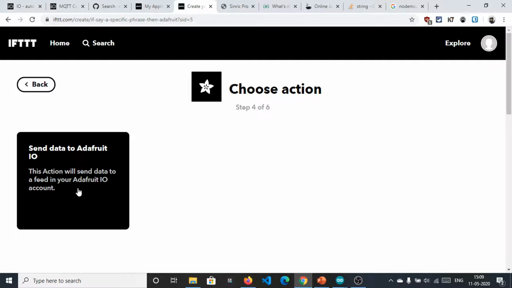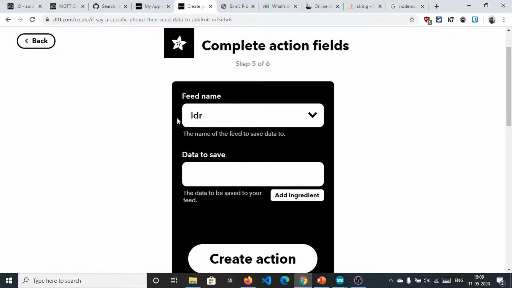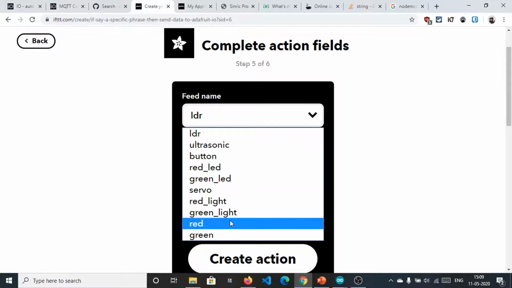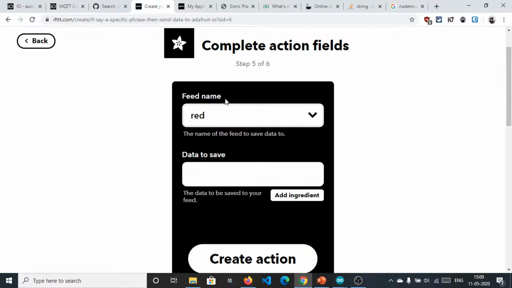And you need to click on send data to Adafruit IO, and all the feeds which are present in your application, basically all the topics, are here, and we need to send data to red. Turn on red will turn the red data on.